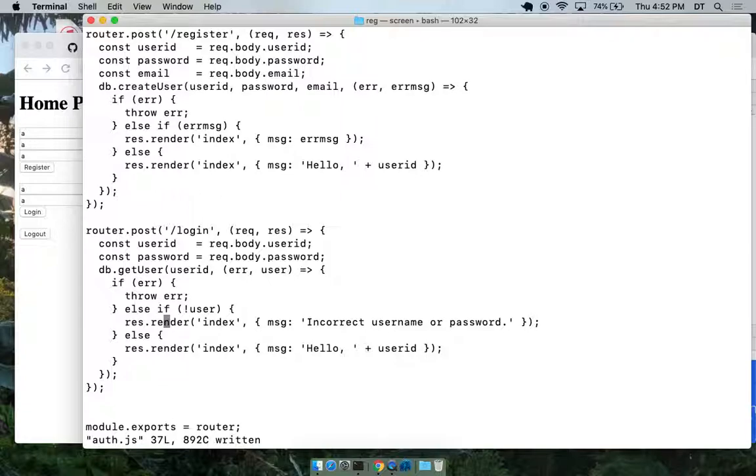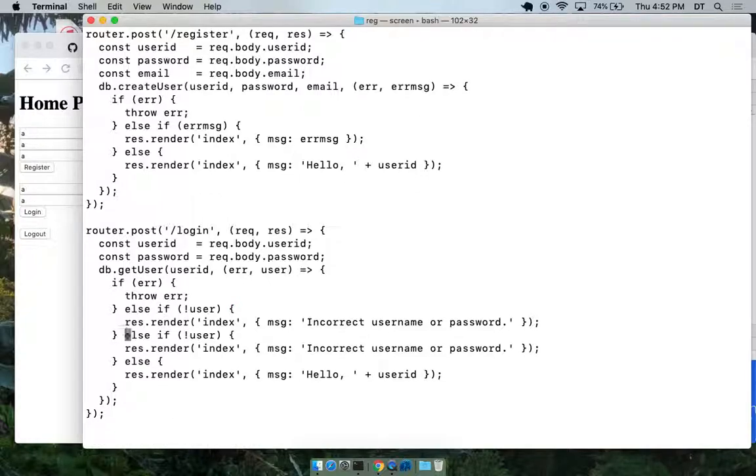Then if the user dot password does not equal the password that the user typed into the form, we give the same error message.